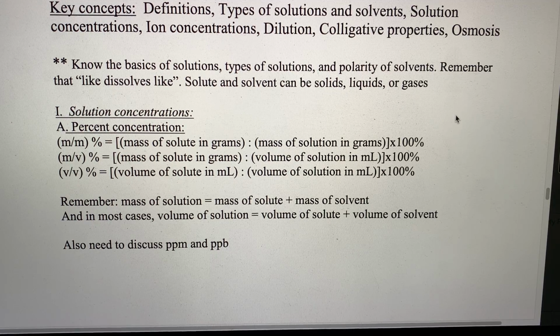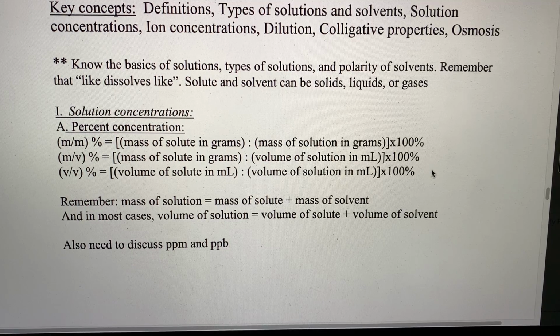As some of you might already know, the percent concentration is the mass or the volume of solute. If the mass is in grams, the volume will be in milliliters, divided by the mass of solution in grams or milliliters, and you can mismatch them, and multiply it by 100. So that's pretty simple. It's the component, the active ingredient, divided by the whole solution times 100, and that gives